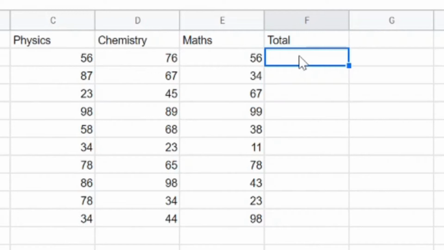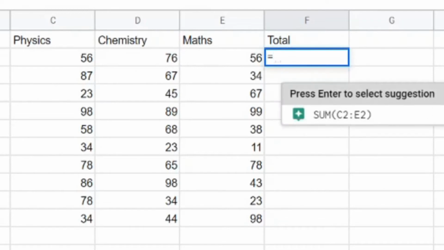For using any calculations or formulas in Excel or Google Sheet, we have to use the equal sign first. So let me type equal. Then I can directly write the cell names with the plus sign.